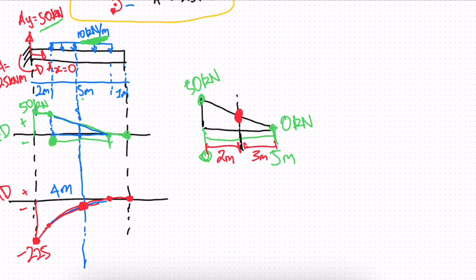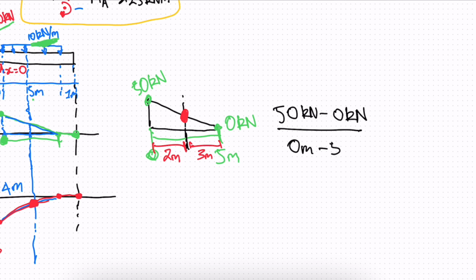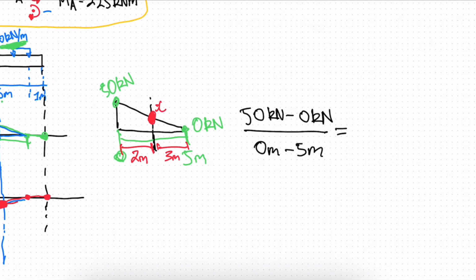So what we can do is write 50 kilonewtons minus 0 kilonewtons divided by 0 meters minus 5 meters. And this will be equal to, say this is x. We want to find our x value, right? So we can go x minus 0, and we know that this point is 2 meters, right? So we can write 2 meters minus 5 meters, right? And we solve for x,